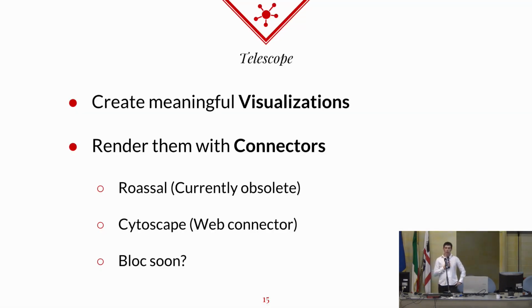Telescope is a project to create meaningful visualizations. So with Telescope, you get some model to create visualization, and you do not work with a visualization framework. And then you can render them with a connector to a visualization framework.